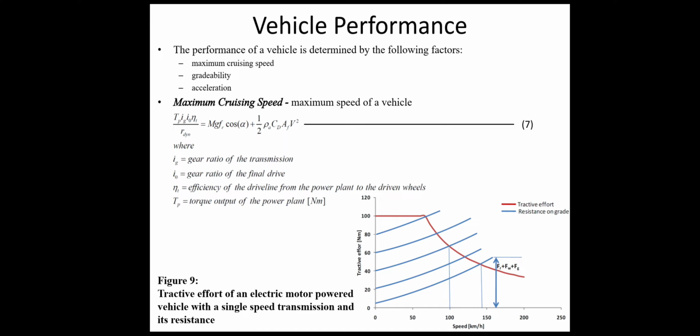The maximum speed of the vehicle is defined as the constant cruising speed that the vehicle can achieve with the full power plant load on a flat road. So here we can say that the ideal is the flat and straight road. So the maximum speed of the vehicle is defined as the constant cruising speed that the vehicle can achieve with full power plant load on the flat road.